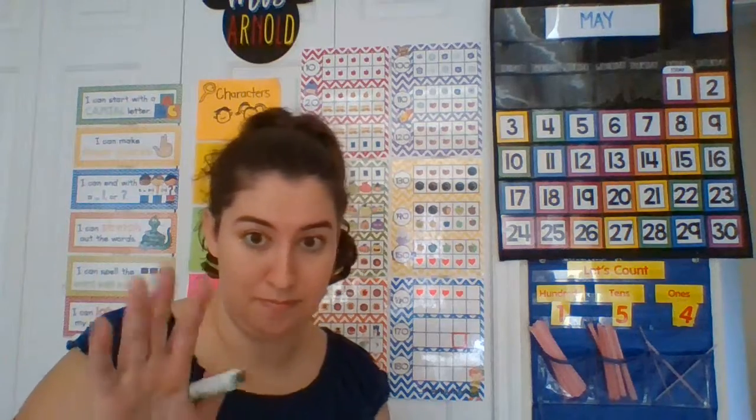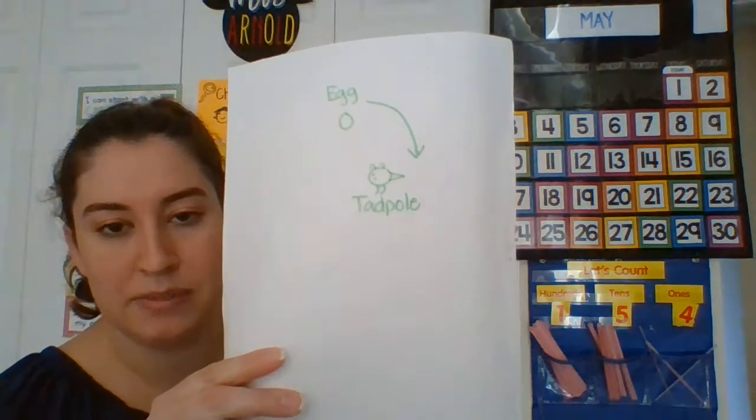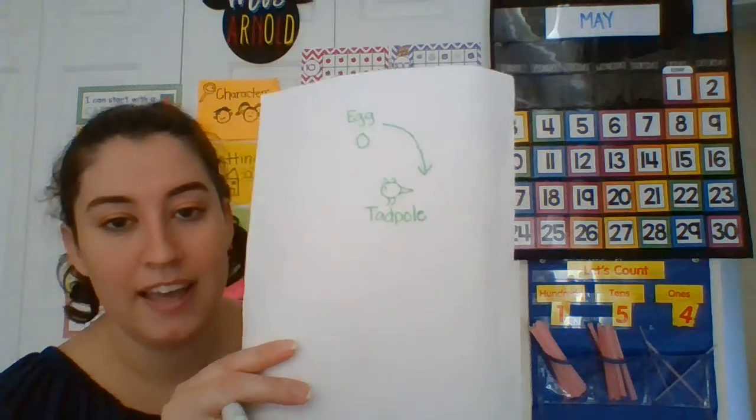And then what does it become? A tadpole. So bear with me. I'm going to draw a little frog with a tail and some feet and some eyes. Mrs. Arnold's not the best artist, but that's okay. Then it becomes a tadpole. Then that tadpole becomes a